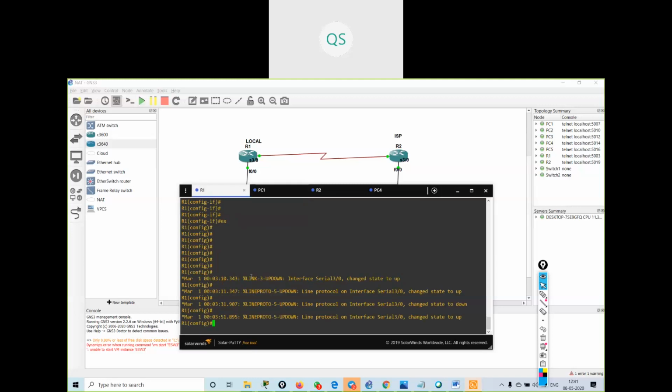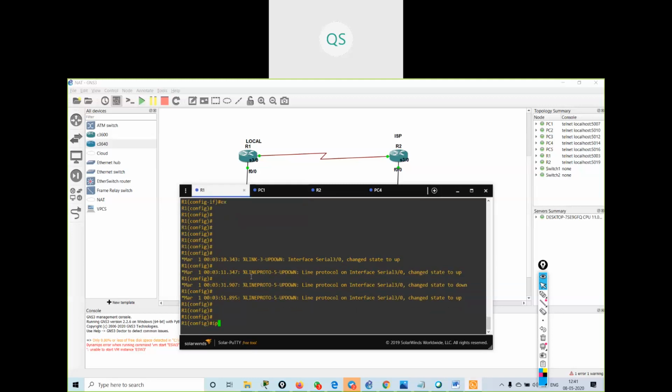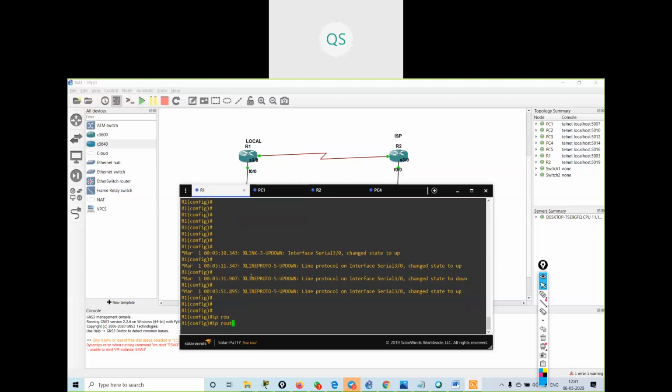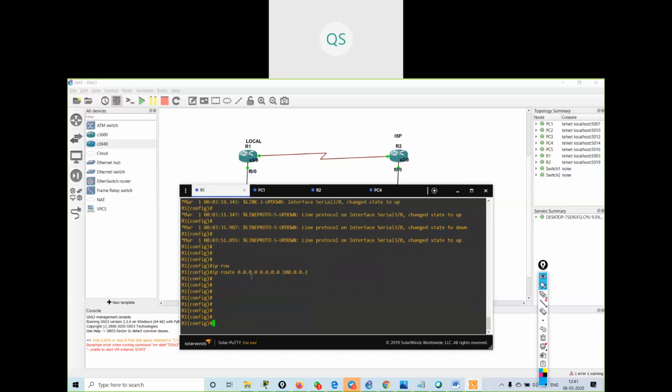Suppose I want to go over the internet, to any unknown location. I am giving a default route that if you want to go to any unknown location, just go to 100.1.1.2. I've configured a default route over here.